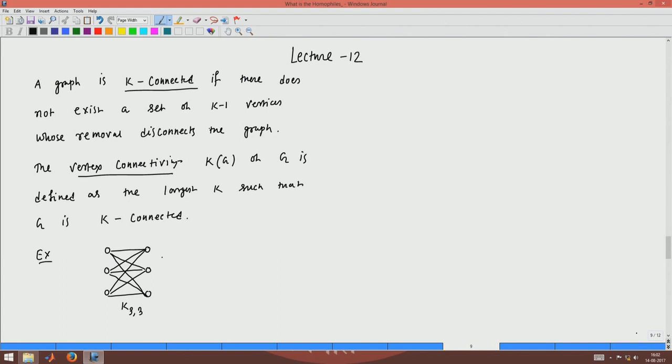Now, you can see that if I just remove this vertex, for example, this graph will not be disconnected, but if I remove these 3 vertices, then the graph become disconnected graph. So, I can say that this graph K 3 3 is one connected